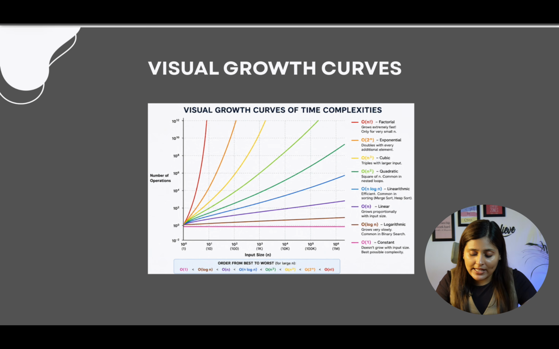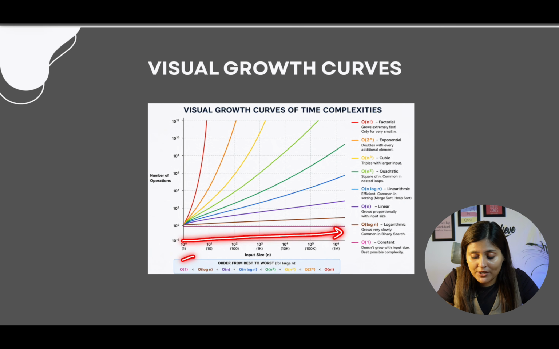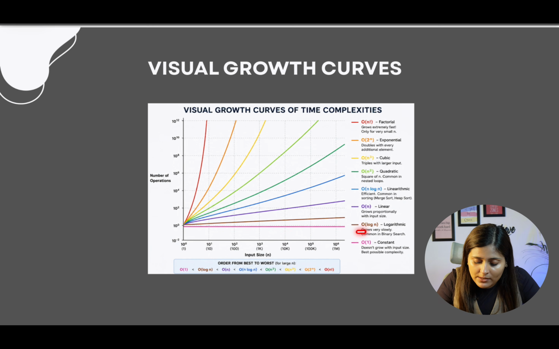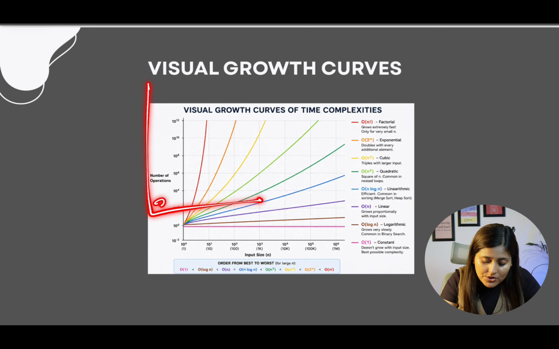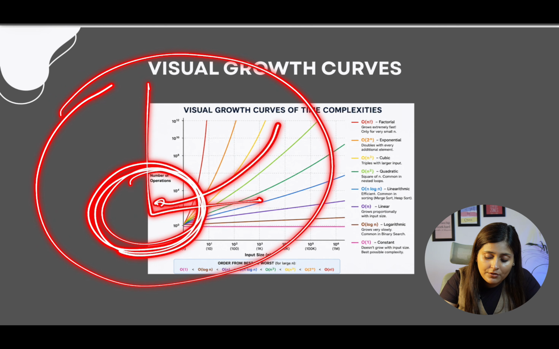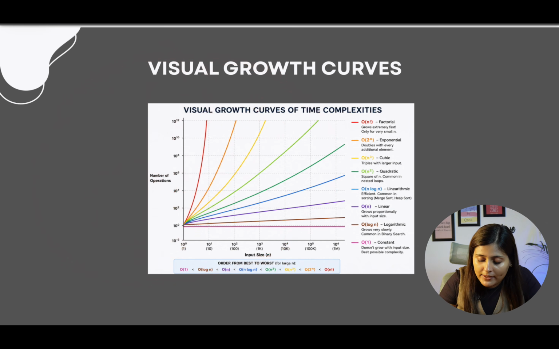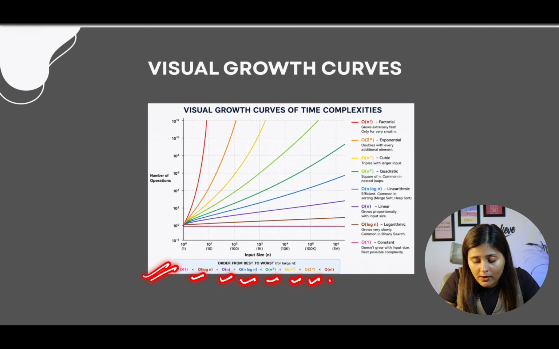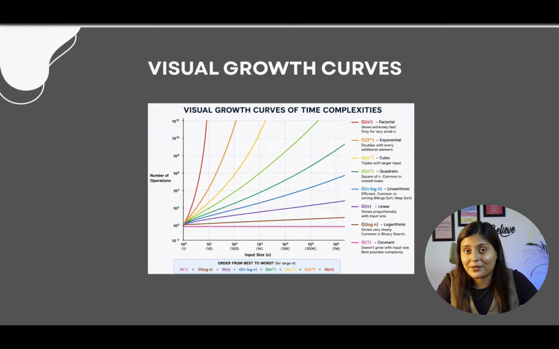This is how it actually looks on the real time constraint, 10 power 1, 2, 3, 10 power 6 and 10 power till 12. Constant will be a straight line, okay. Logarithmic of n, if you see this more closely, it's not straight, the pink line if you can see. Why are you seeing this straight? Because we are visualizing only this much part. If we see from this perspective, we can see the graph more open, okay. But the order will be like this. Obviously, O of n will be smaller, then logarithmic of n, then n log n, then n square, n cube, 2 power n, and the most dangerous celebrity here, n factorial.